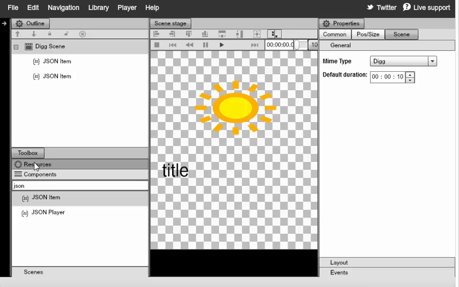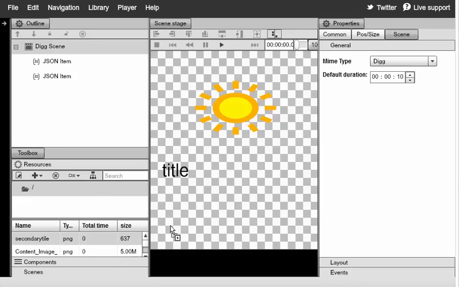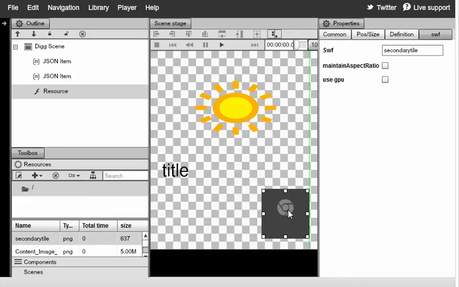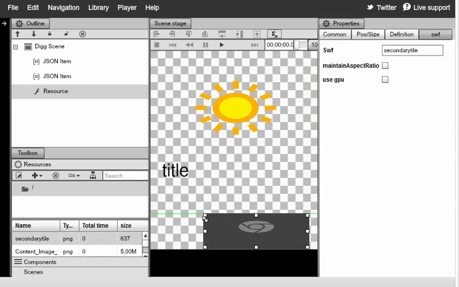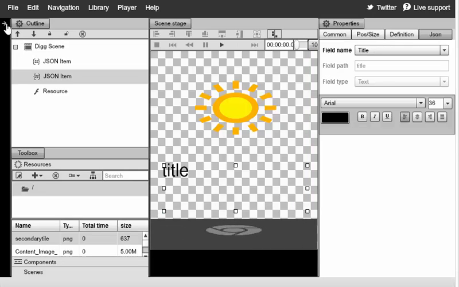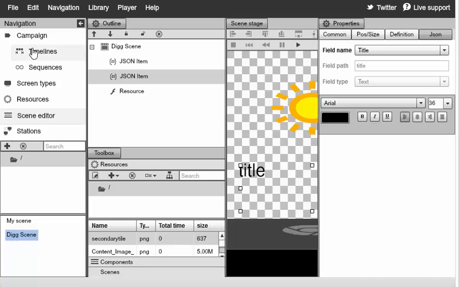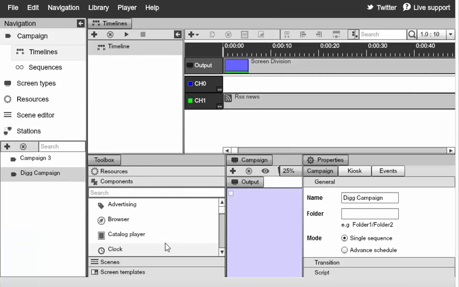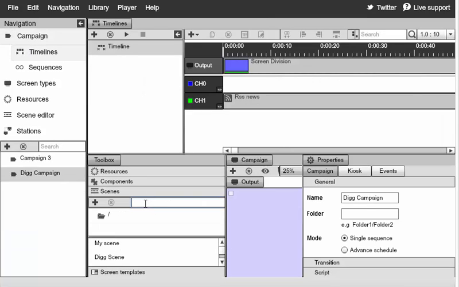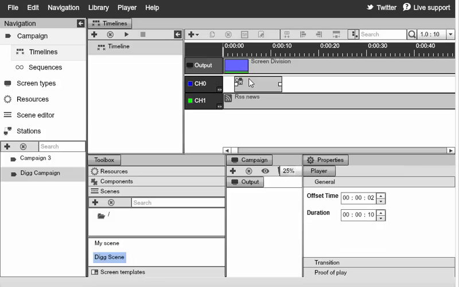Of course, you can still mix other stuff. So if you want to just put resources, images, videos, to mix all that stuff as well into the same scene, you could do just that. That's not a problem. So with that, let's go ahead and switch back to our timeline, and we'll go ahead and select the scenes and search for the Digg scene. Now I'll go ahead and take the Digg scene over here and drag and drop it directly on the timeline. And you can see that as soon as I double click on it,